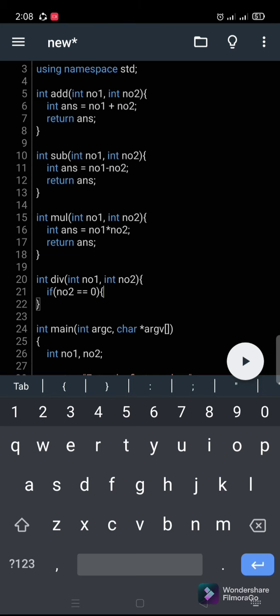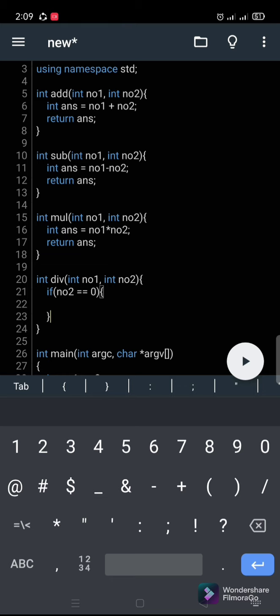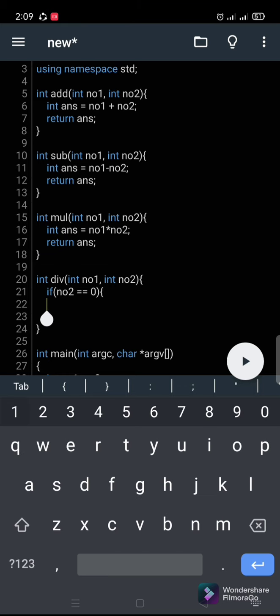So left brace and right brace. I'll just enter it, put a tab on it, and right brace. Okay, and just output something. It's return. We return it to 0. So whatever it is,